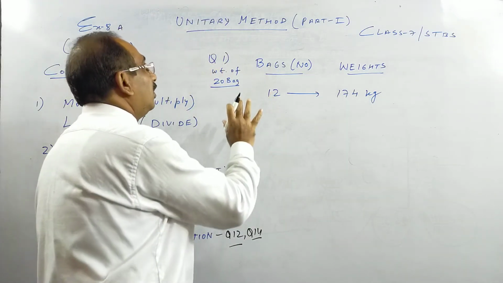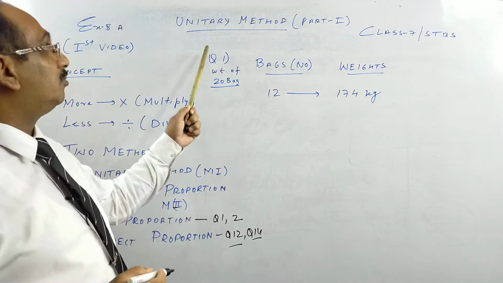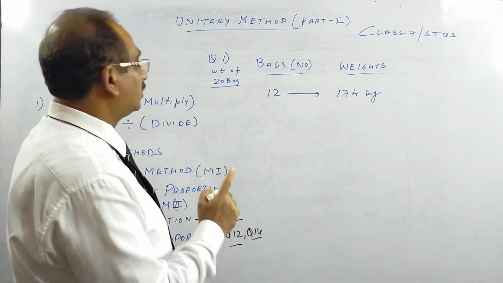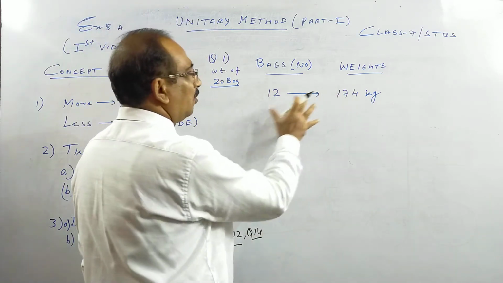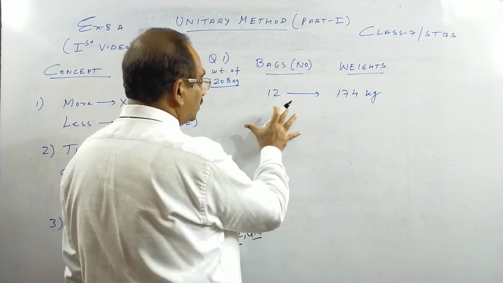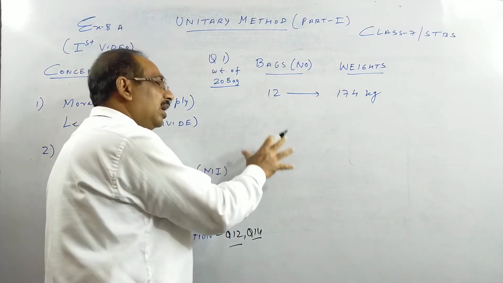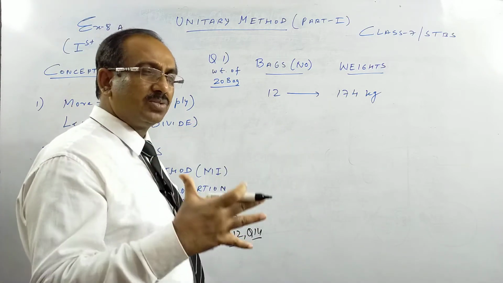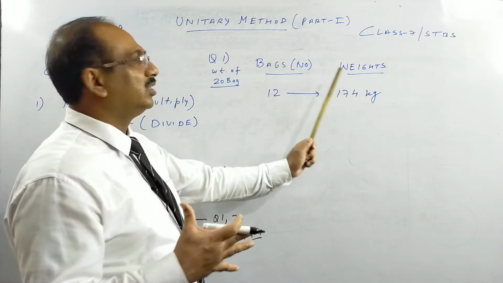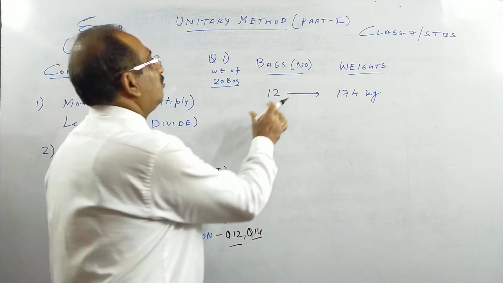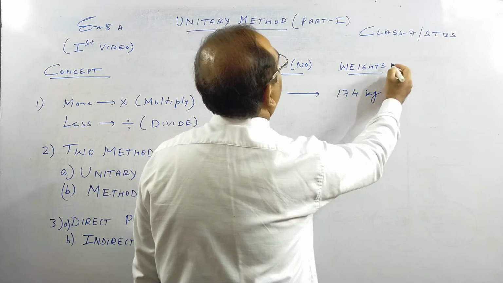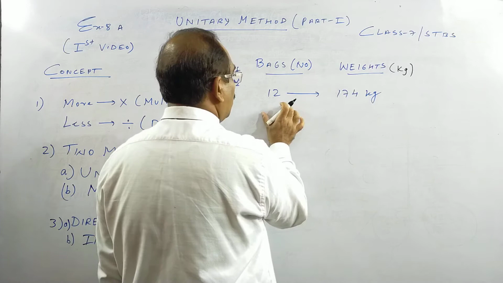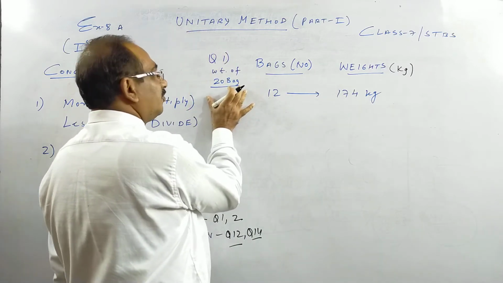So children, first of all I'll tell you the basic meaning of unitary method means for one. If you know for one, you can know for any. So question number 1, 12 bags. So this is how I write. You can write in statement also. So since I am giving you an idea, you can do this, and later on I'll teach you how you can convert the same thing as a statement, because some teachers, some schools, they follow this, but this is more logical I have found. Okay, so 12 bags weigh, so here you can write kg, so no need to write kg again, but anyway 12 bags weigh this. What is the weight of 20 bags?